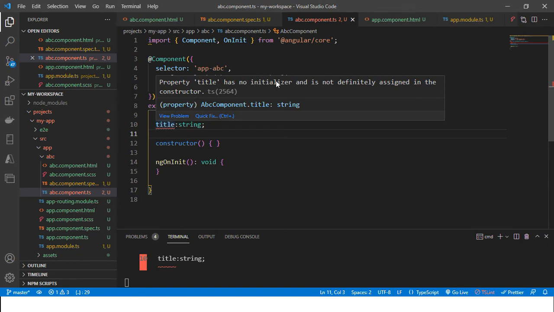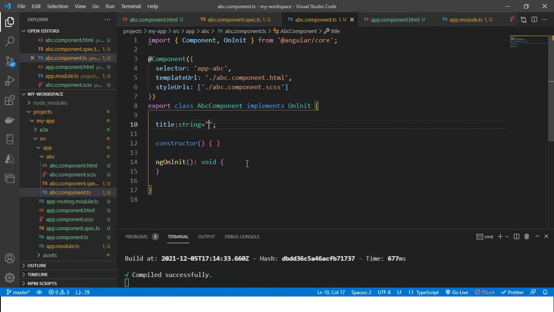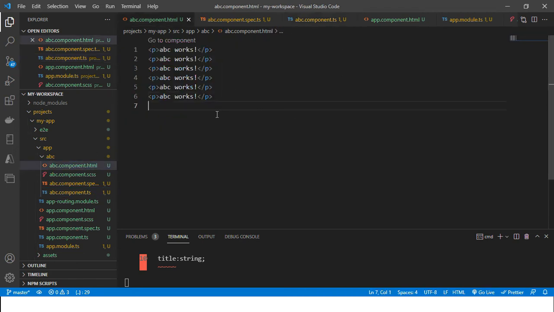Property title has no initializer. Now I will refer to title here.